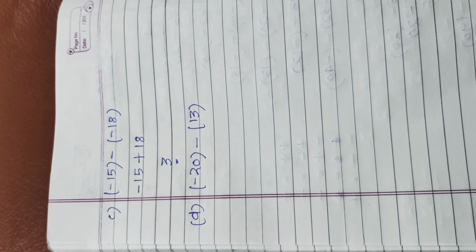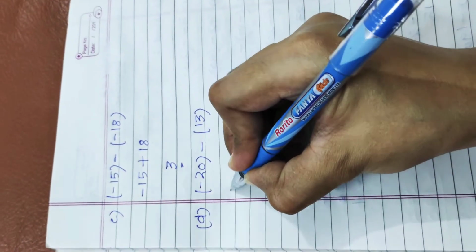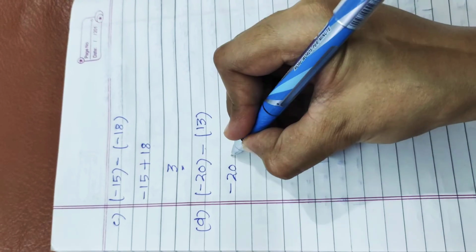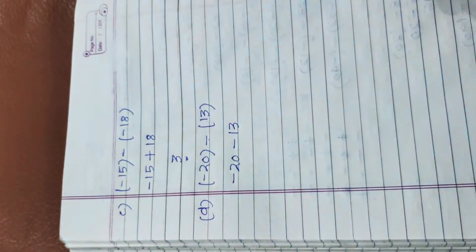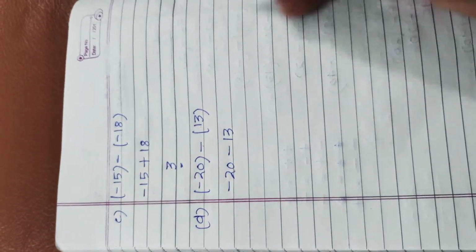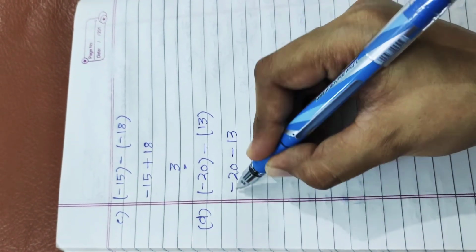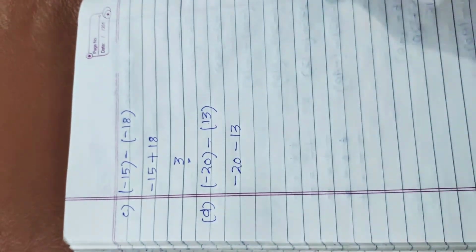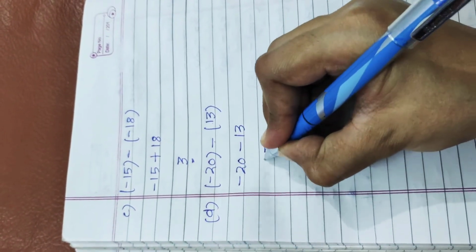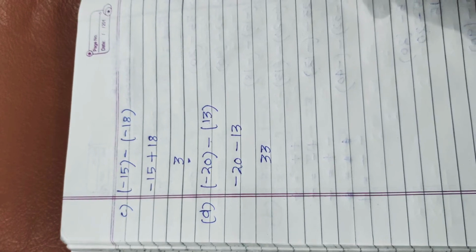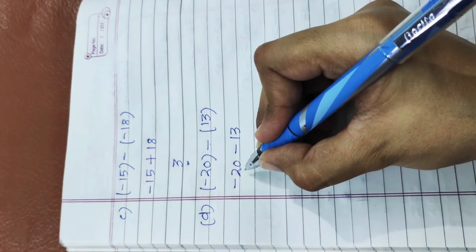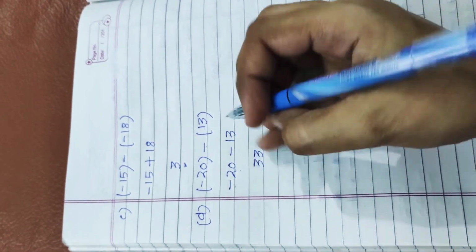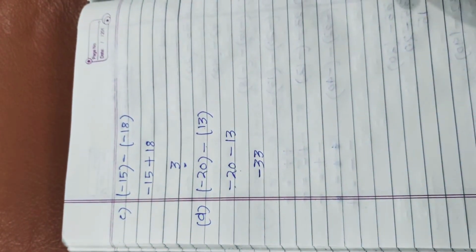Again, the first step is we are going to open the bracket. Minus 20 will be copied as it is. Now there is a plus sign, minus plus, minus, and 13 will be copied. Again, for solving them, we will use the rule minus minus plus. Minus minus is plus. It means we are going to add these two integers. 20 plus 13, 3, 3, 33. Now it is time to put the sign with the answer. We will look for the greater integer. The greater integer is 20 and the sign with 20 is minus. So hence we are going to put the minus sign with the answer.